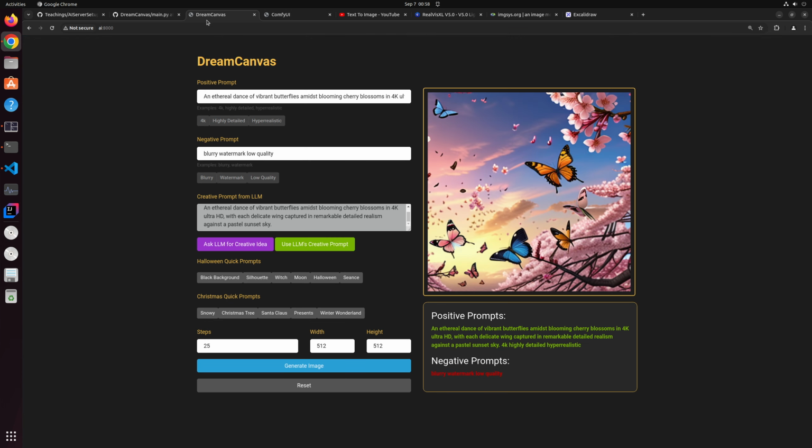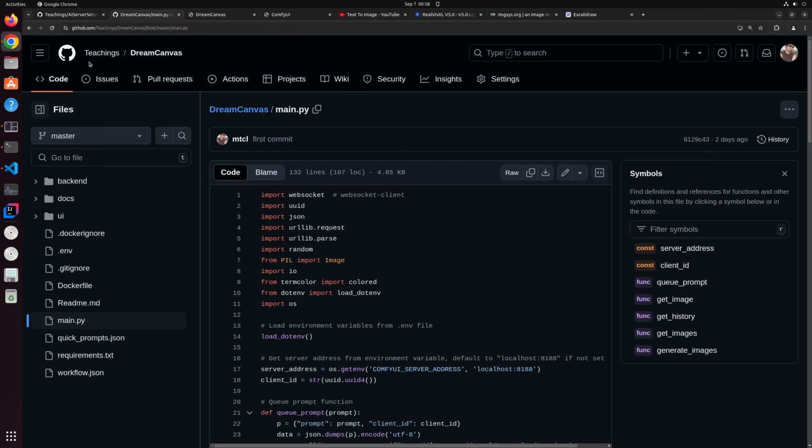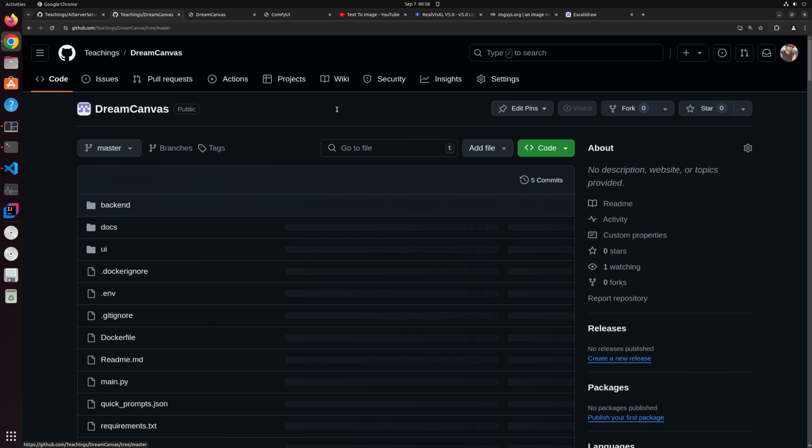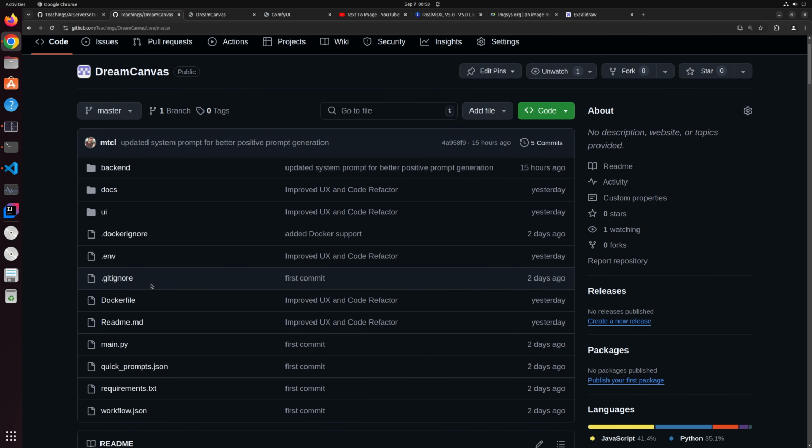like Dream Canvas, which I have developed over here, and the code for which is freely available on github.com. So you can go to github.com, teachings, Dream Canvas, and you can freely use this code for this application that I'm showing to you. Before we build an application like that, Dream Canvas is a complex application which involves